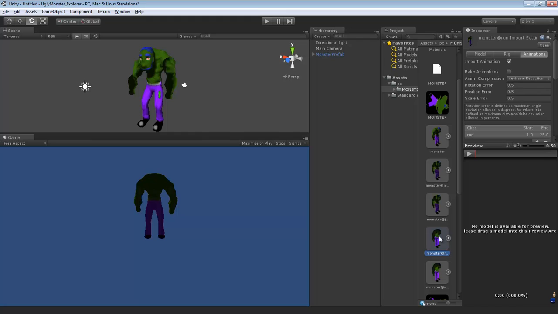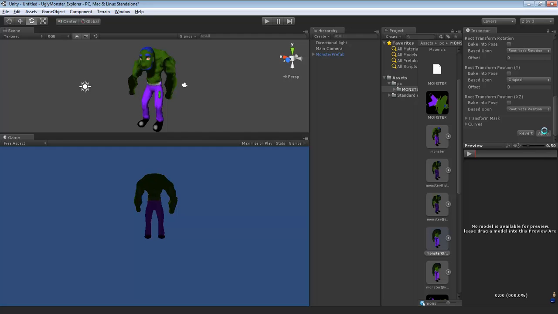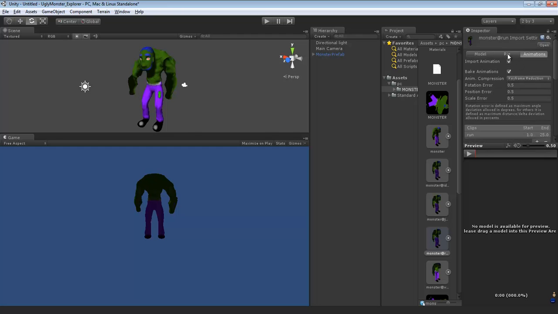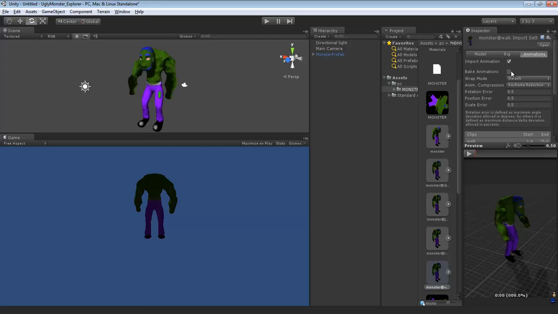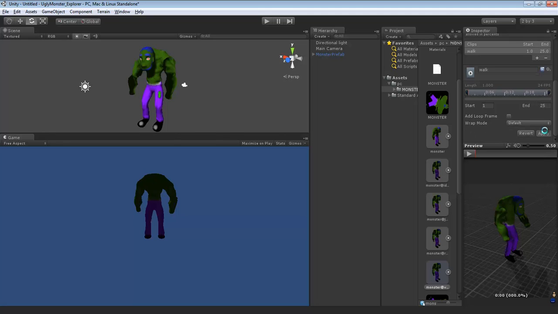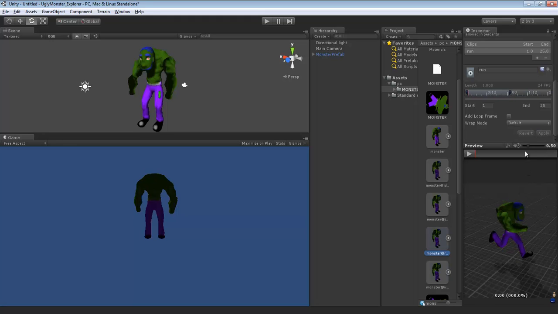Here's my run, same thing. I'm going to turn on bake animation, and I'm going to hit apply. I'm going to go up to rig, change it from generic to legacy, hit apply. Lastly, I'm going to go to walk, under rig, change it to legacy, hit apply. Back over to animations, check on bake animation, hit apply. Now under wrap mode here for walk and run, I'm going to change it to loop because we do want the run and walk to be looping. So wrap mode, loop, apply, grab my run,